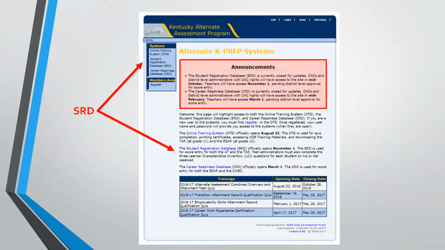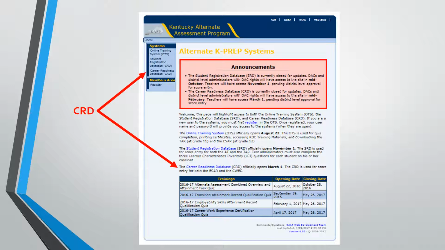The Student Registration Database is used for score entry for both the attainment tasks and the Transition Attainment Record. The Career Ready Database is used for score entry for the Employability Skills Attainment Record and the student status in completing the Career Work Experience certification.